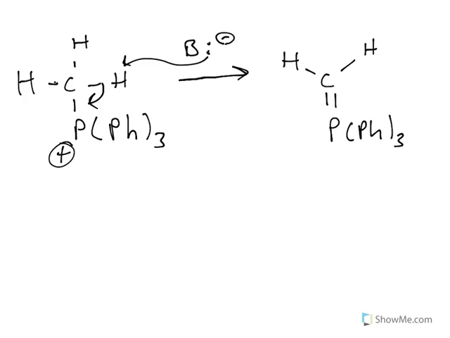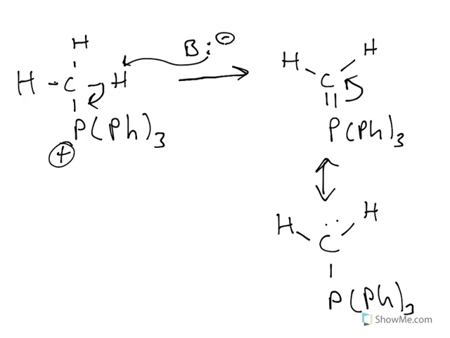All right, so the next thing that we're going to do is draw a resonance contributor to the structure. What I'm going to do is move the electrons in the pi bond down to carbon. Now, carbon is more electronegative than phosphorus, so this is totally fine. We usually see carbon moving its electrons up onto oxygen, but this is phosphorus. So now we see a negative charge on our carbon, and that tells me it is nucleophilic. So the business end of this molecule is right there. That is the nucleophilic part, and these are resonance contributors, so you can draw them in either form,